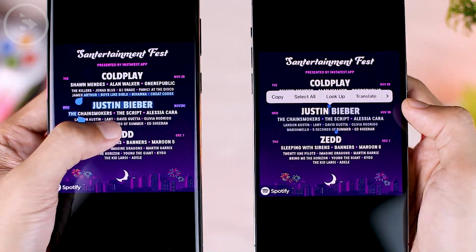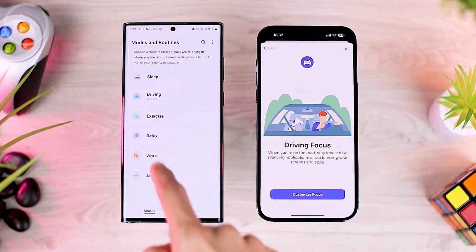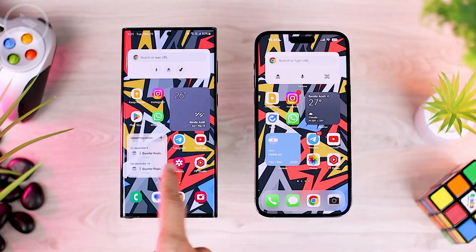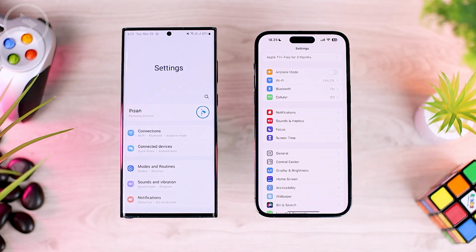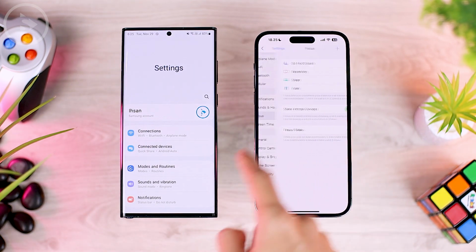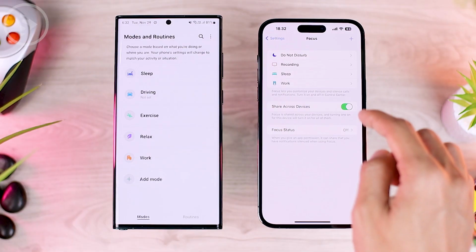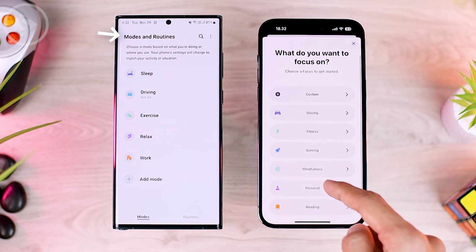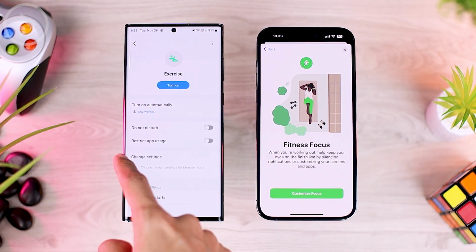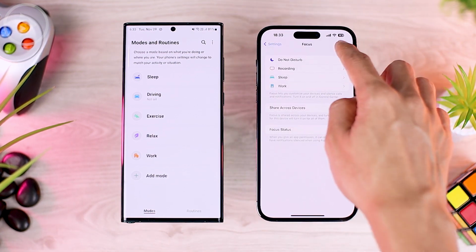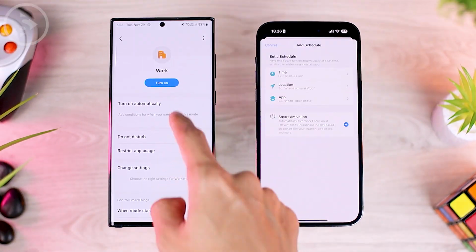This can be seen immediately in the modes and routines features on the latest Samsung One UI, which looks really inspired by focus mode on iOS. Previously on Samsung One UI, the feature already existed and it was called Bixby Routines. It's just that in the latest version, the modes feature is added and the name is now changed to Modes and Routines. If we compare this modes feature to the focus mode on iOS, it will immediately be seen as if Samsung tries to make the feature similar to iOS 16 and quickly make it available in the latest One UI 5 version.